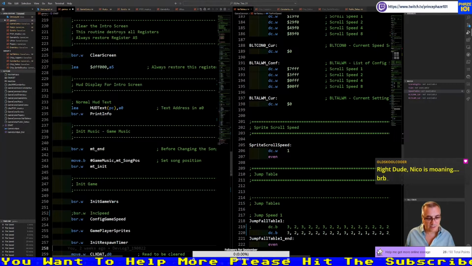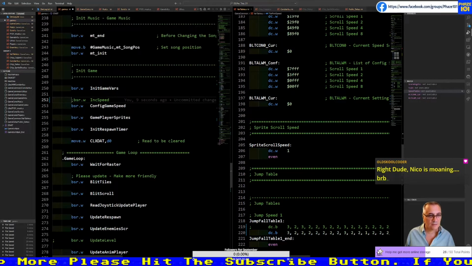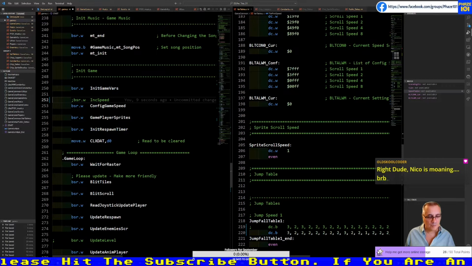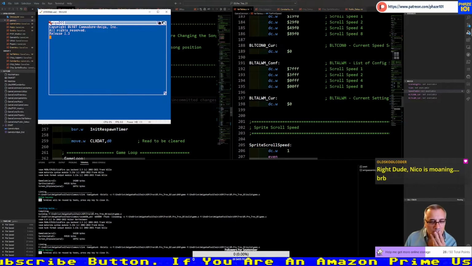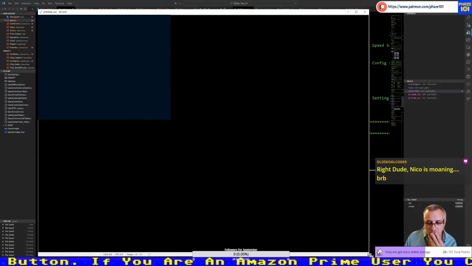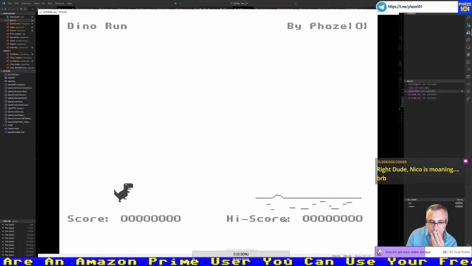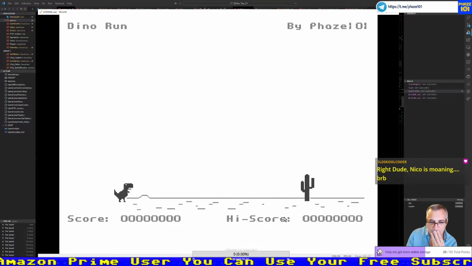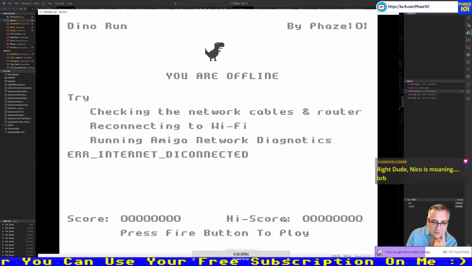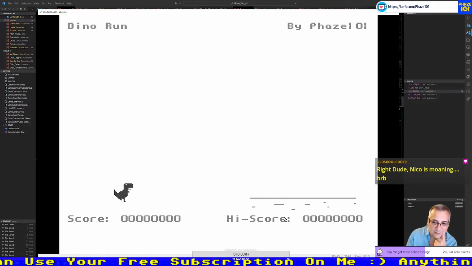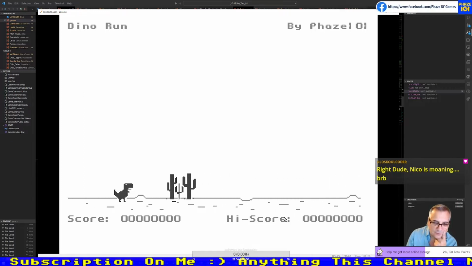I have everything as I had it before I added the intro screen. So let's see that it works like this. Touching it intentionally. Let's see if it stops printing the floor.